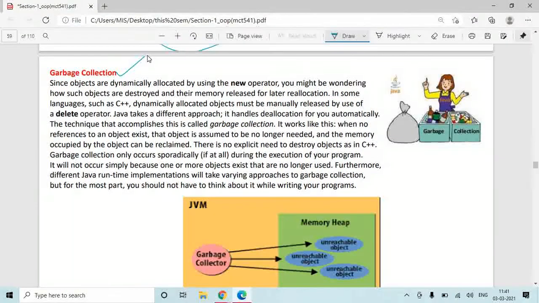Now in Java, we have studied the constructor, but we have not studied the concept of destructor. As such, the destructor mechanism is not there. Instead, Java provides a more feasible, more reliable, and better way of releasing unused memory dynamically, and this mechanism is referred to as garbage collection.